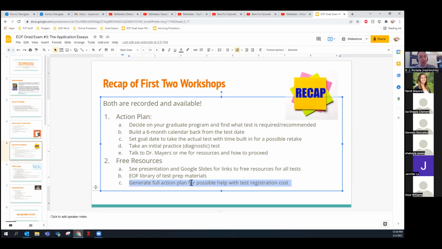And if you come with all of those elements prepared, EOF may be able to help you with the test registration cost, because those costs are anywhere from $102 to $350. And that's significant. Specifically, if you might have to retake the test, you want to make sure that you have as much help with those costs as possible. So those are the recaps of the first two workshops.